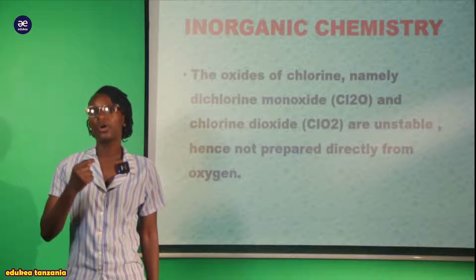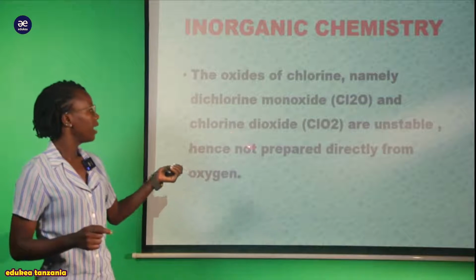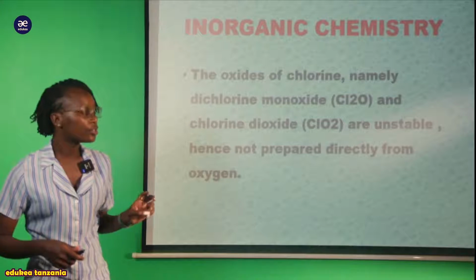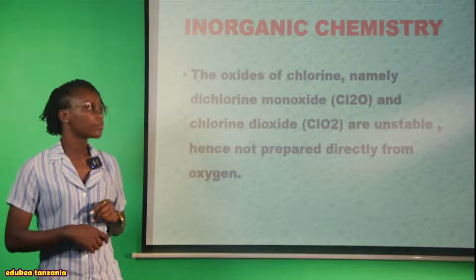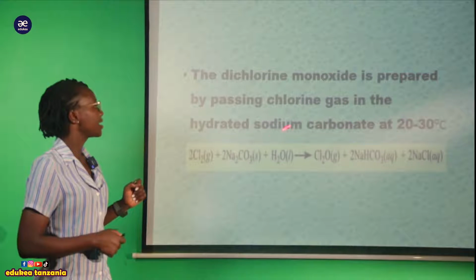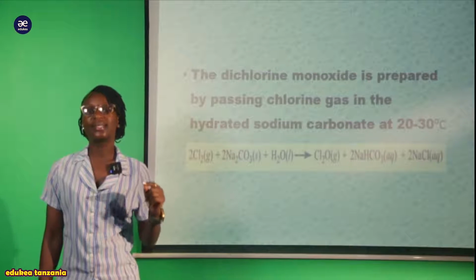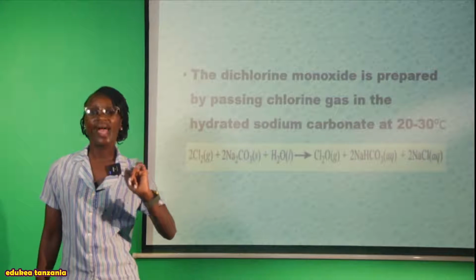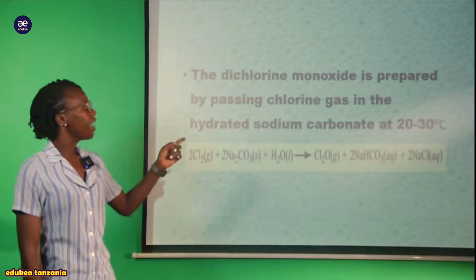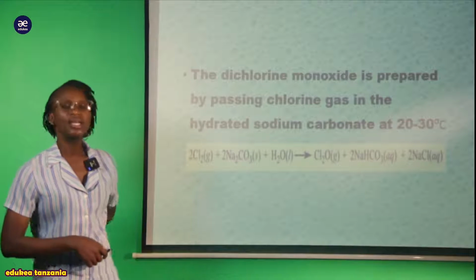Sasa these chlorine oxides, for instance dichlorine monoxide, lakini pia chlorine dioxide, anasema ni unstable. Kama ni unstable, anasema hence are not prepared directly from oxygen. So the dichlorine monoxide is prepared by passing chlorine gas in the hydrated sodium carbonate. Sasa tumeambiwa kwamba zenyewe ni unstable. Sasa kama ni unstable, haziwezi kureact directly, huwezi kuzireactisha direct with the what? With this oxygen. Instead now, you can prepare this dichlorine monoxide by passing chlorine gas in the hydrated sodium